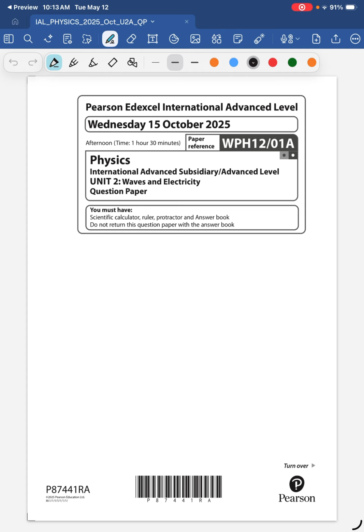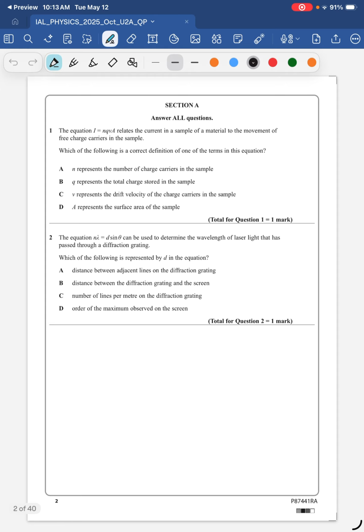This is from October 2025 and it's a Unit 2A. And from what I was told, these are afternoon papers taken by students who cannot take the morning papers. Anyway, let's dive in. So question 1, the equation I equals nqvA relates the current in a sample of material